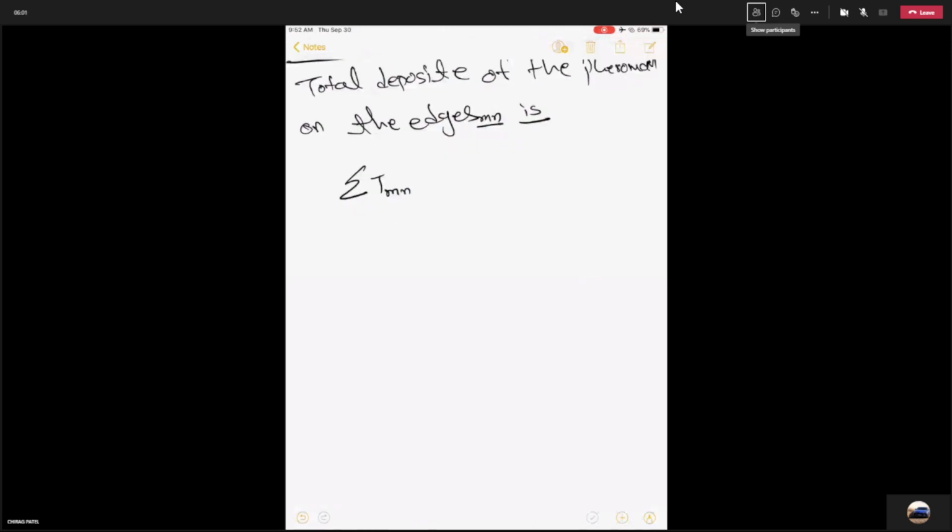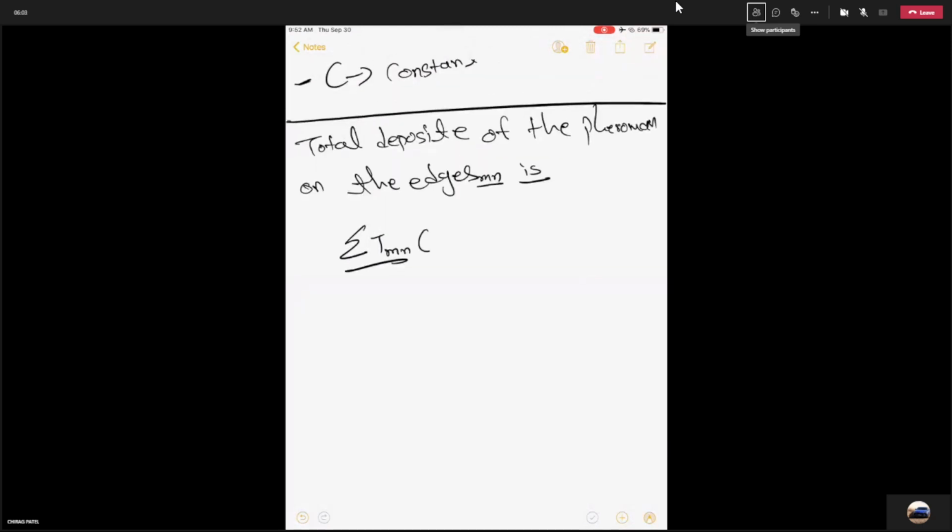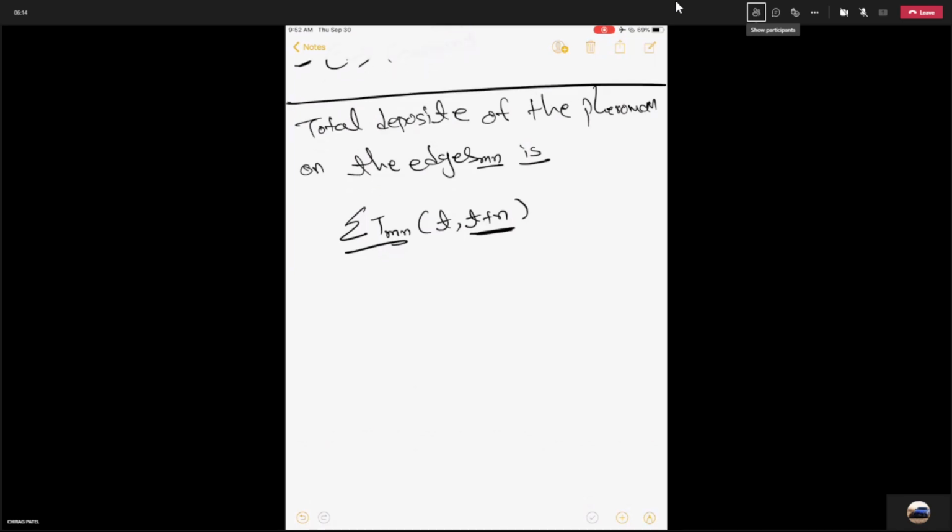T or tau has been denoted there. So what the pheromone is at this instant and what pheromone we are going to deposit at nth instant, right? So this is the new pheromone which we are updating